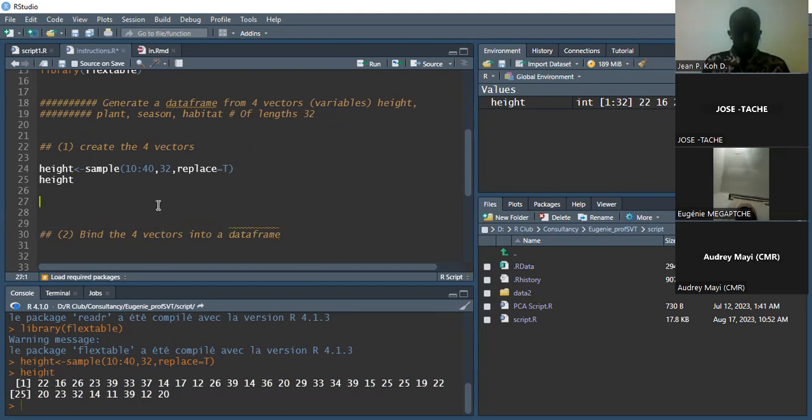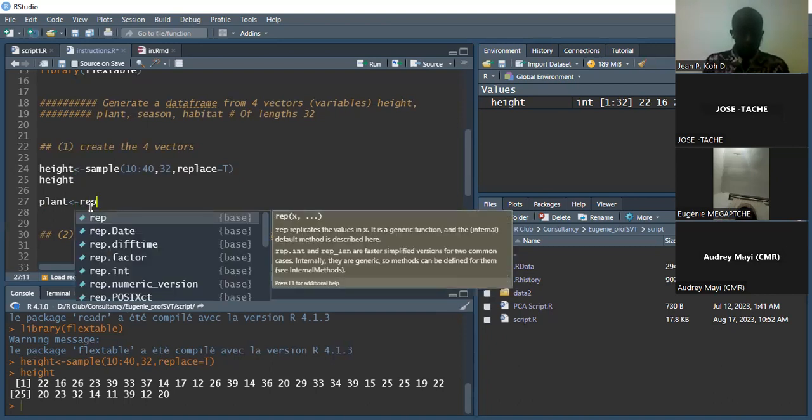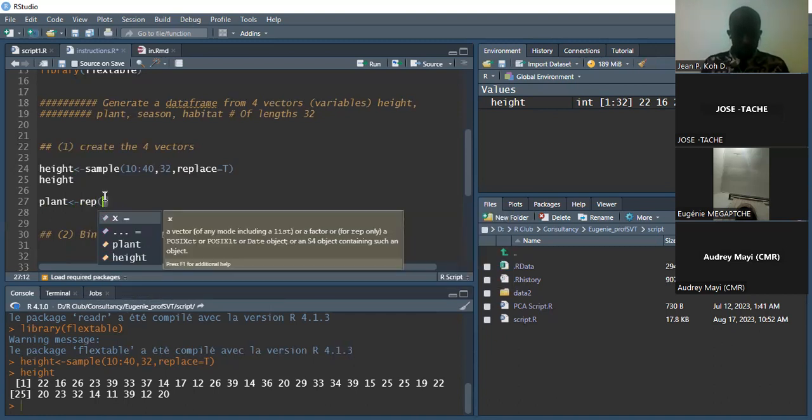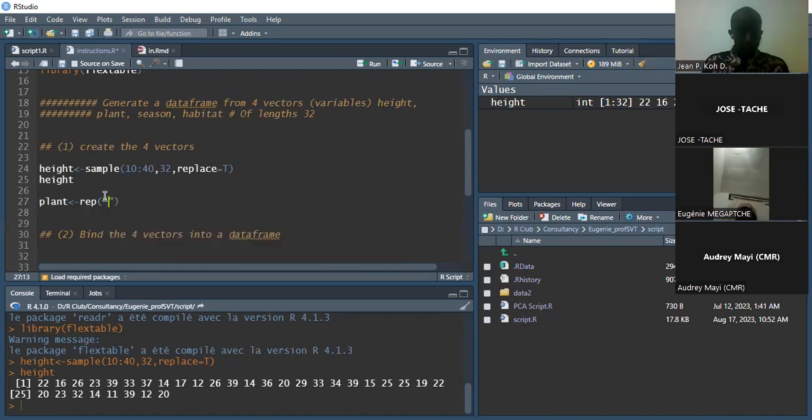Now, we want to create the categorical variable plant. So we write the name of the object, plant, and use the assignment operator. This is the assignment operator. And now we're going to use a special function, rep, for repeat, which is used to create vectors. So let us assume that there are 4 plants, and let's name them plan A,